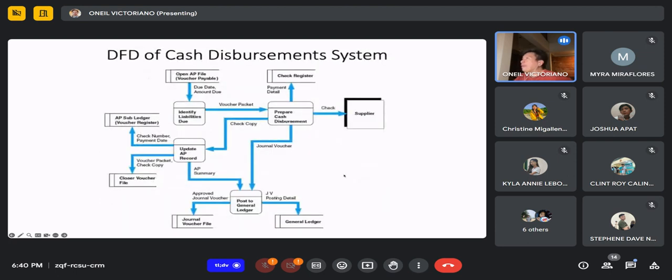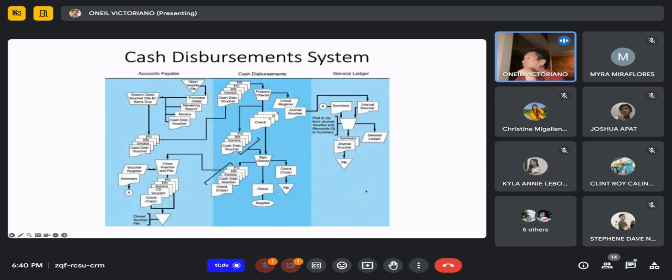So this is payment. This is part of, again, the purchasing cycle. So it does check for liabilities due. It prepares cash disbursement. It does checking for AP and posting it to ledgers. So these are examples